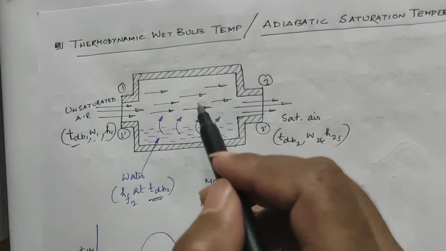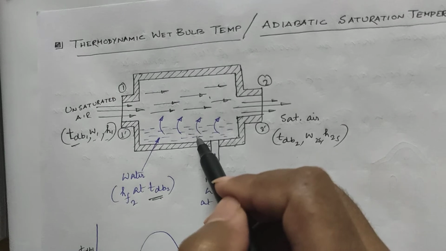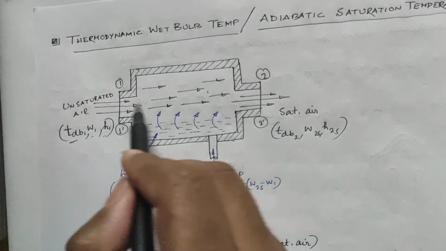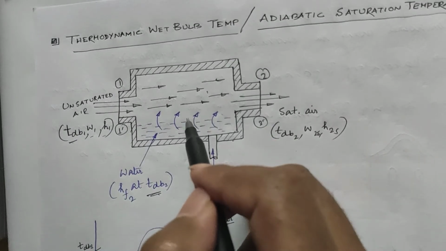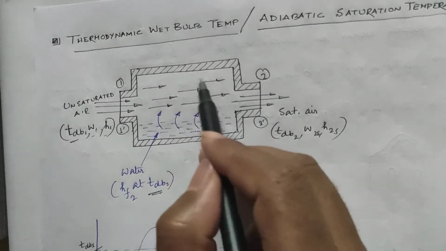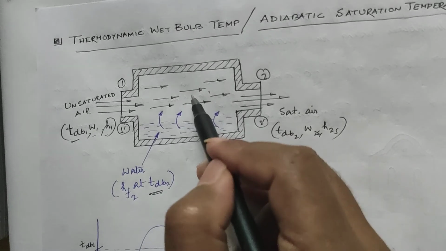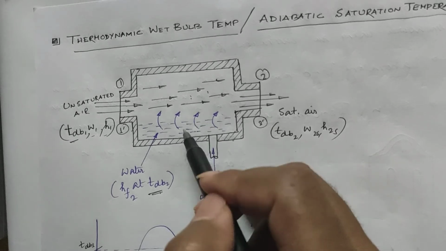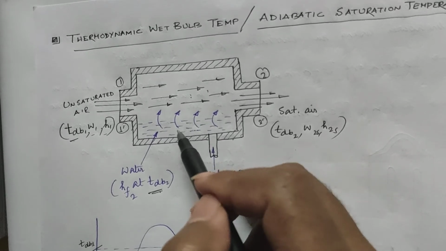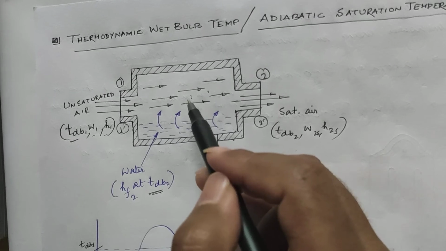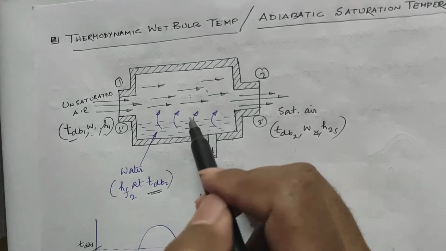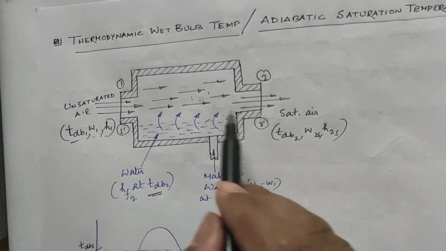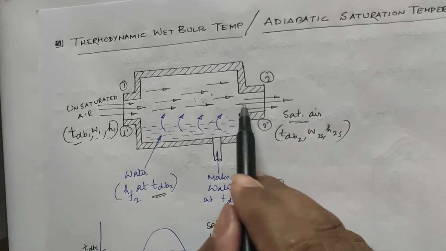until the energy transferred from the air to the water is equal to the energy required to vaporize the water. That means when the air passes over this water bed, since the air has a higher temperature, energy exchange will take place between the unsaturated air and water, and the time when this energy transfer from the air to the water equals the energy required to vaporize the water, then thermal equilibrium will be reached between the water, air and water vapor, and the air will be fully saturated. So at the outlet we can get saturated air.